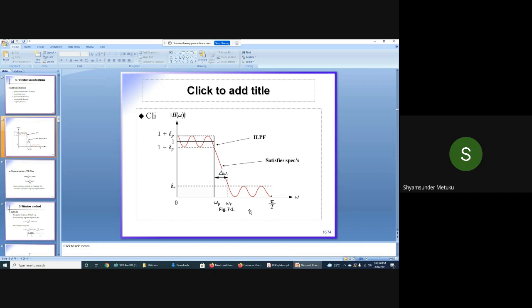Arena. So where the response is going to move from pass band to stop band, isn't it? Yes, sir. So you tell me, delta omega should be as less as possible or as more as possible? As less as possible. So that is more important. You should underline this point. Delta omega must be as less as possible. The difference between omega r and omega p must be as small as possible.